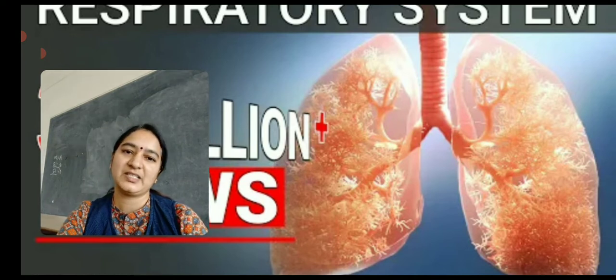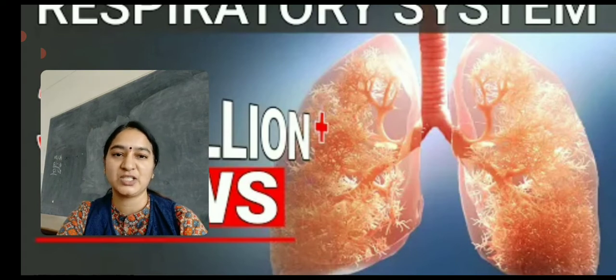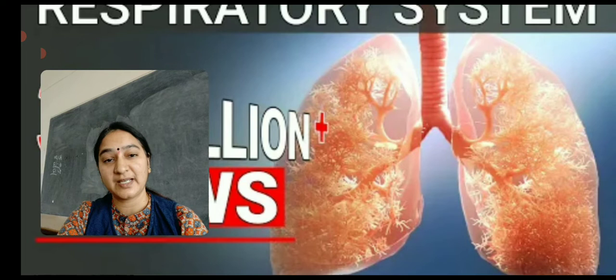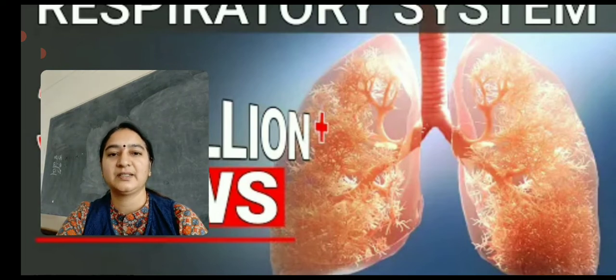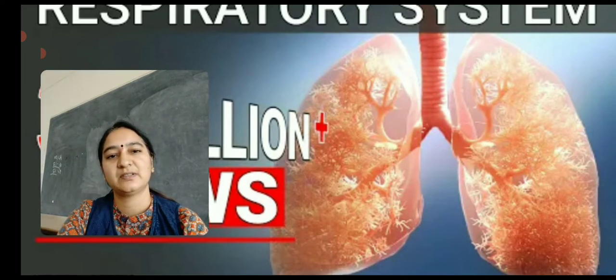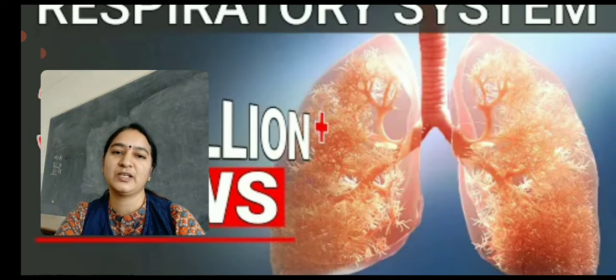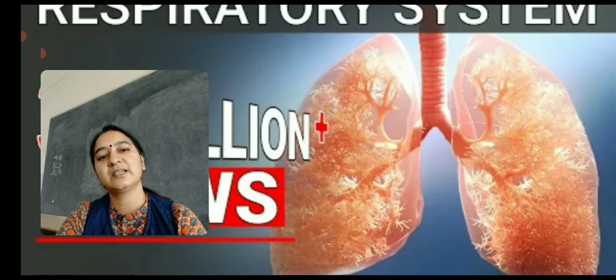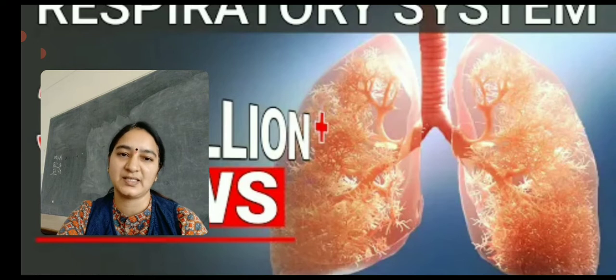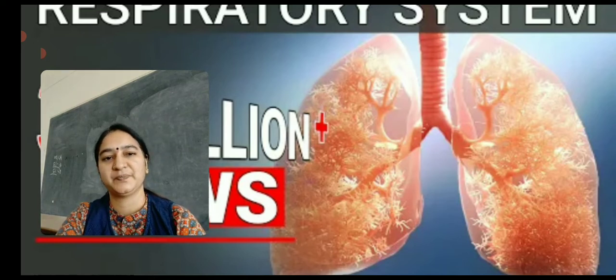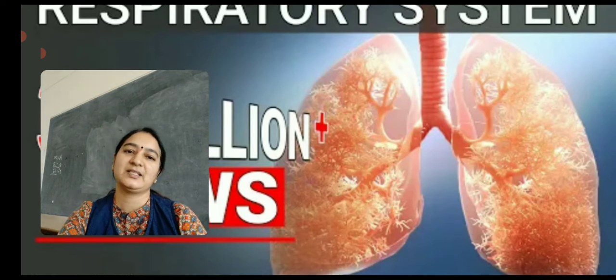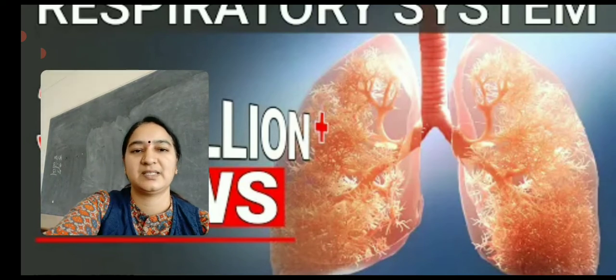So in the last class we discussed about cell. What is cell and what is tissue, what different types of tissues and microorganisms, what different types of microorganisms and useful and harmful microorganisms. Today we discuss about human respiratory system and human blood circulation. Okay students, let us see human respiratory system.